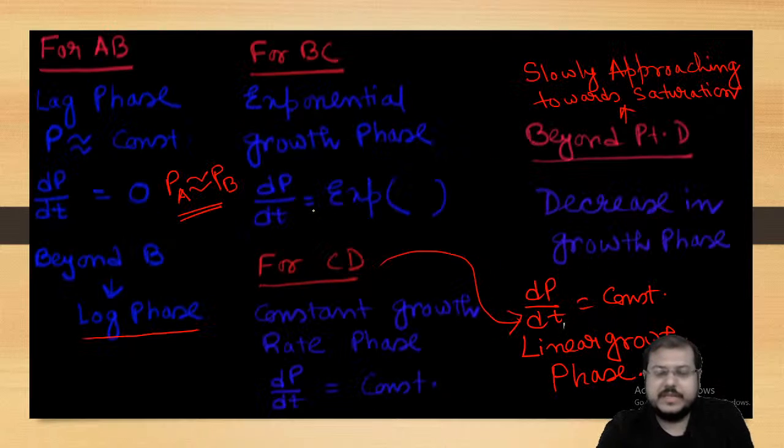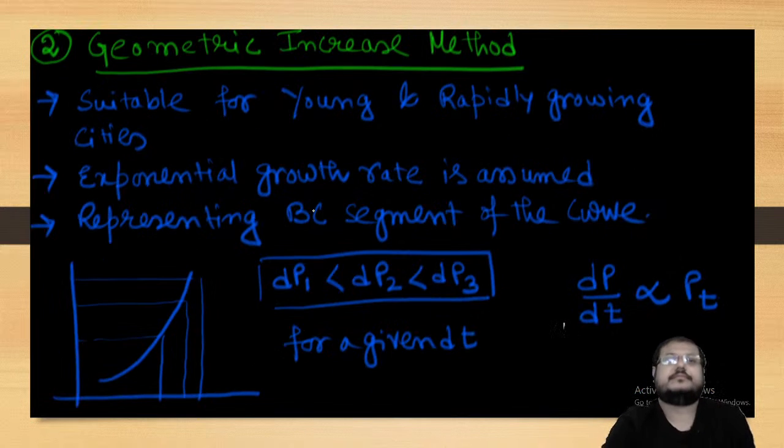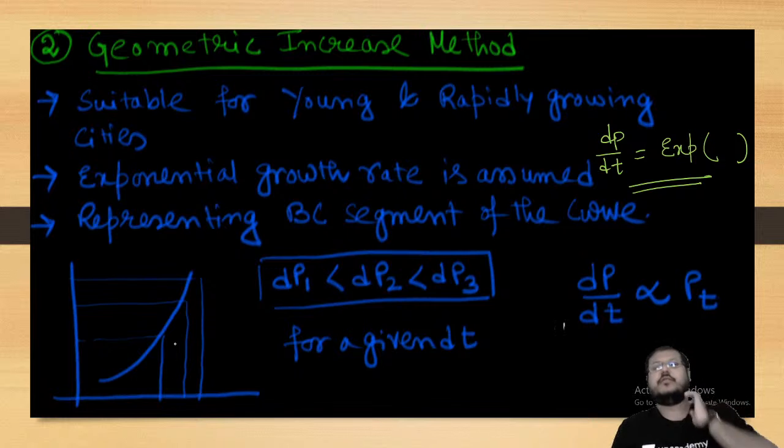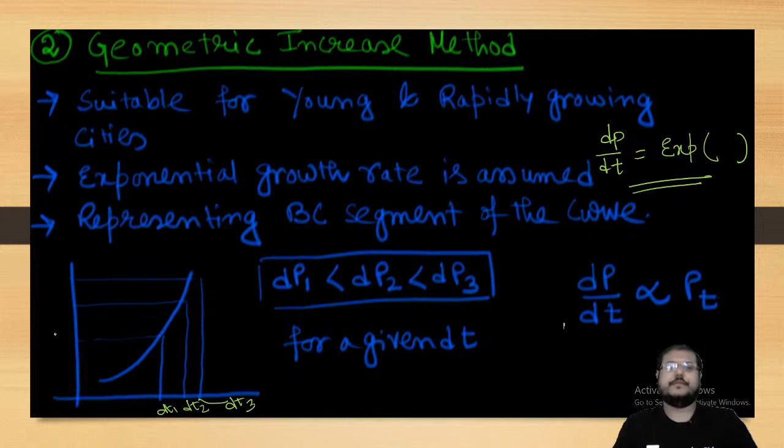Okay. Now if you look here, in the geometric method, the exponential growth phase is assumed, so dP will be an exponential function. It is representing the BC segment, and for a given dt, that is dt1, dt2, dt3, and dP1, dP2, dP3, obviously for a given dt, dP1 will be less than dP2, which will be less than dP3. That is the exponential function process, and dP/dt is directly proportional to the population at time t,